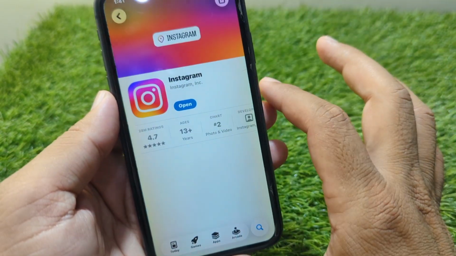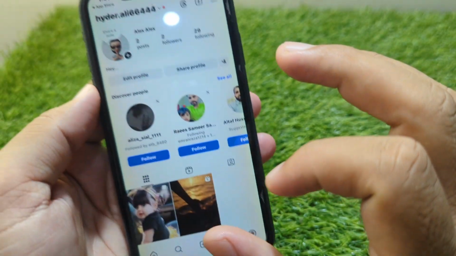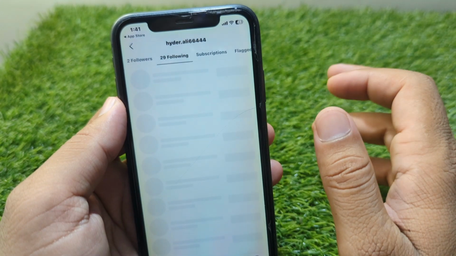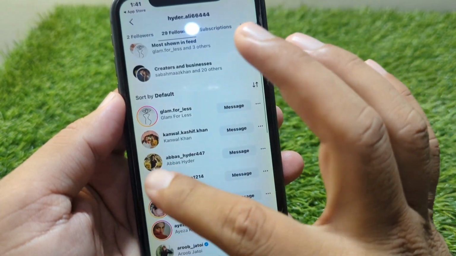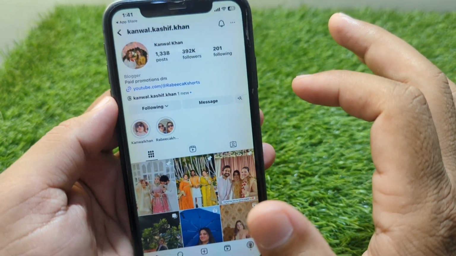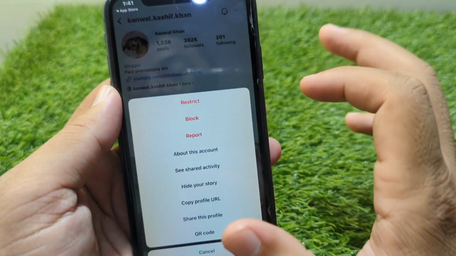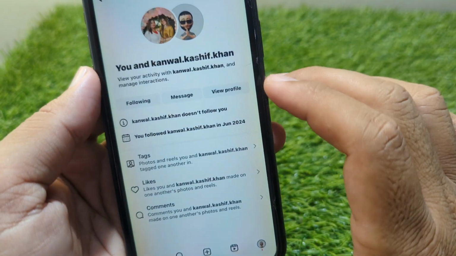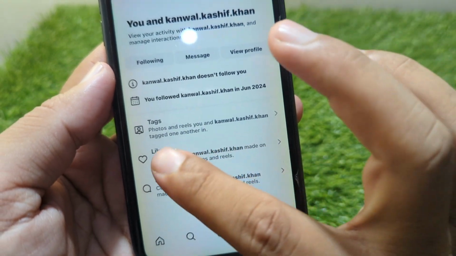and after this open the app, and now you have to simply tap on your profile, and from here you have to simply tap on following and open your following list, and from here you have to simply select anyone whose likes you want to check. And once you are here, you have to simply tap on this three dots button, and now you have to simply tap on see shared activity, and from here you have to simply tap on likes from here,